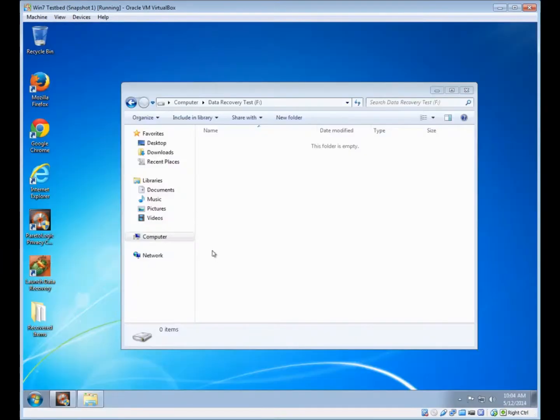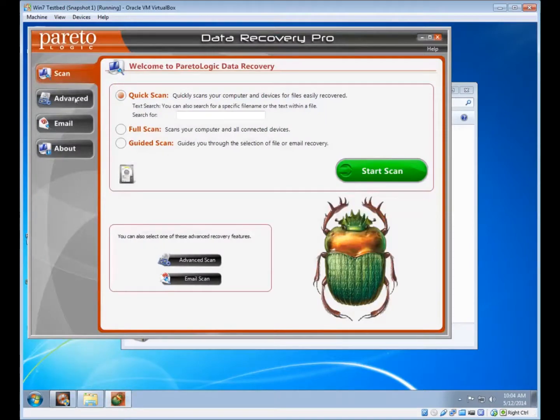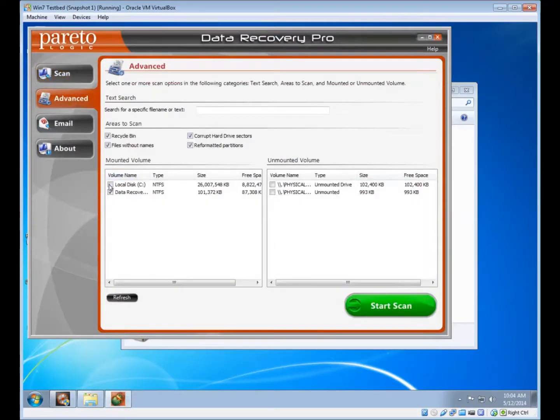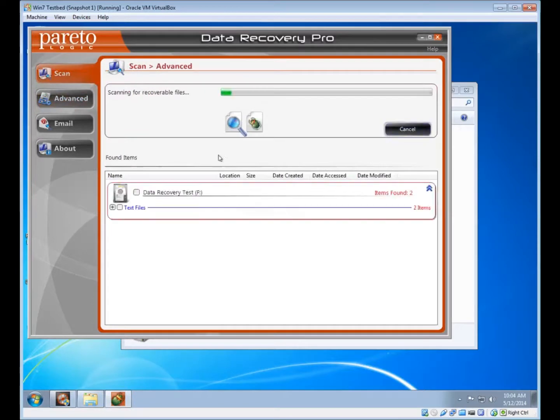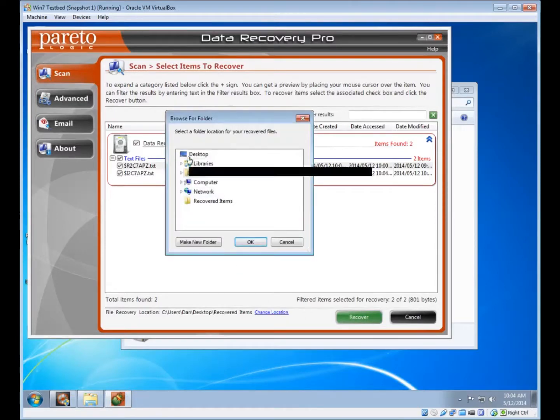So if I open up data recovery, and then I will do an advanced scan for just the smaller area here, in order to save time. Since it's such a small area, it doesn't take long. And you can see that it did find a couple of things. So if I recover the files,